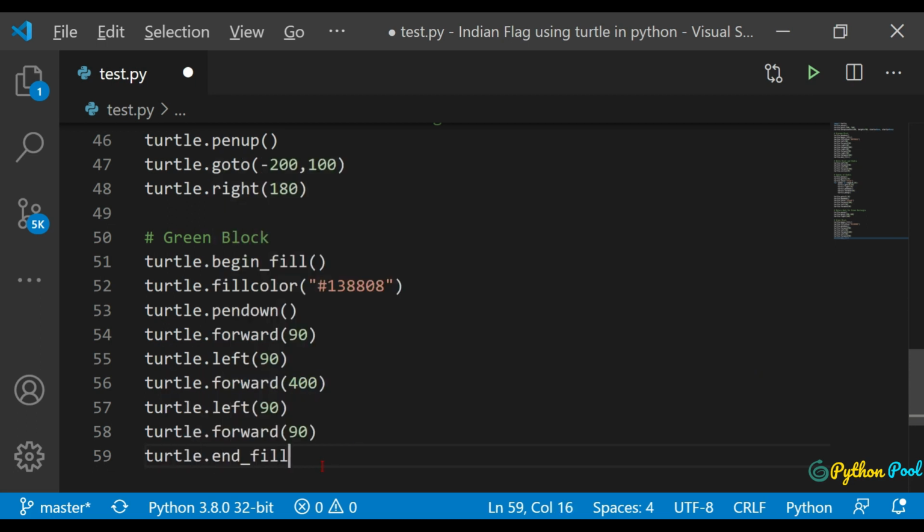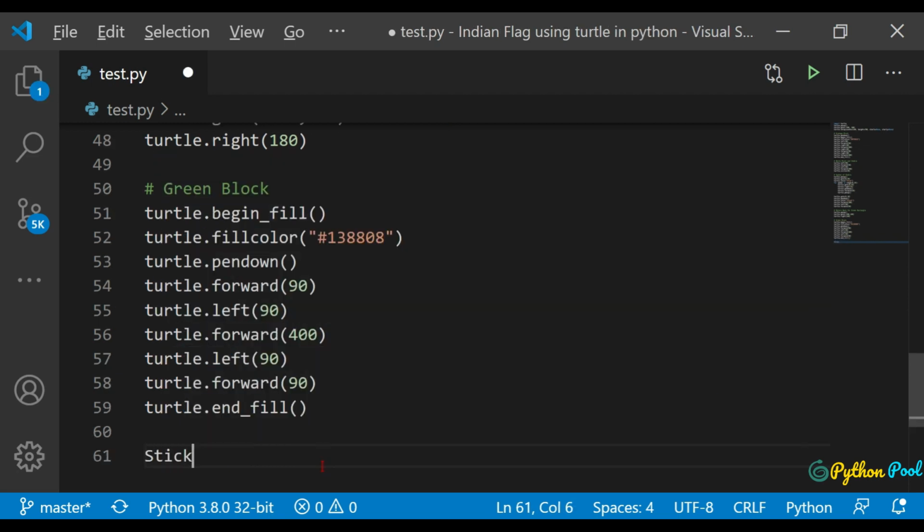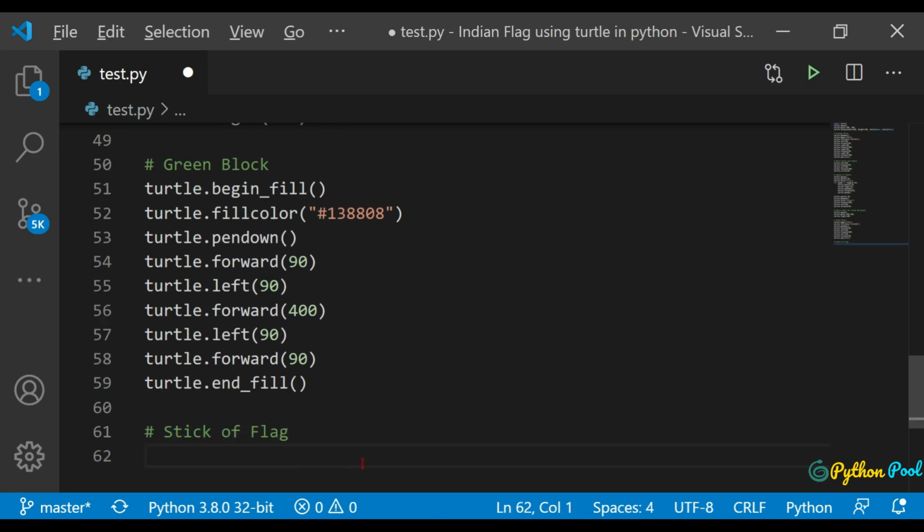Endfill the green color, and after that it should return to the same point, and it should draw a line for the stick which is holding our flag. So we should draw that stick too. So the stick of the flag, we need to draw that one too. So let's first of all pen up. While returning it should not print anything. Pen up,